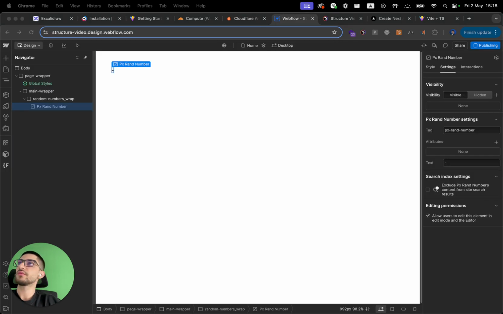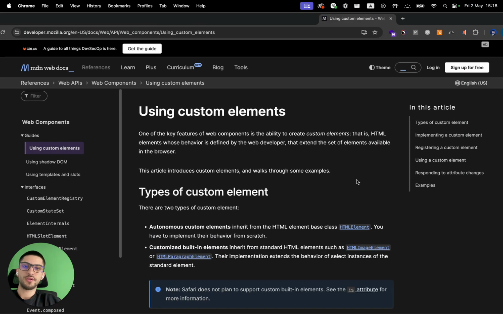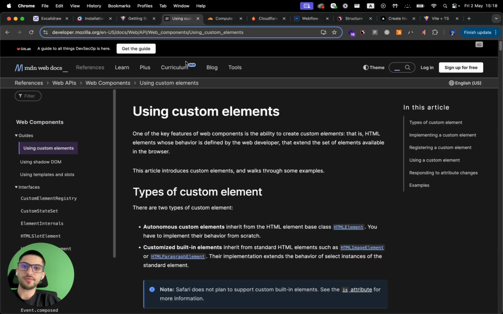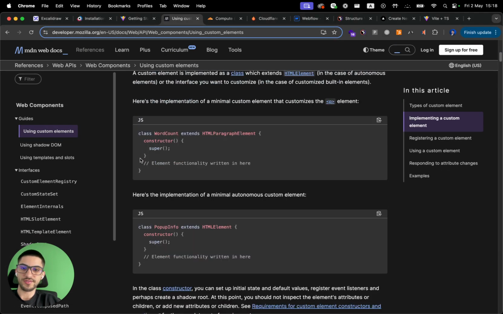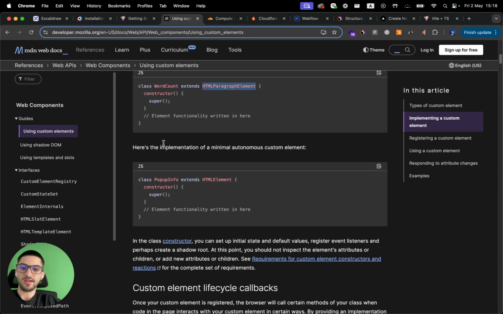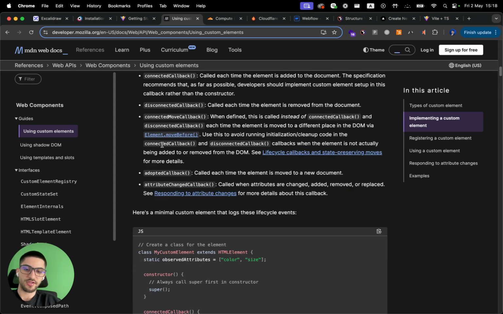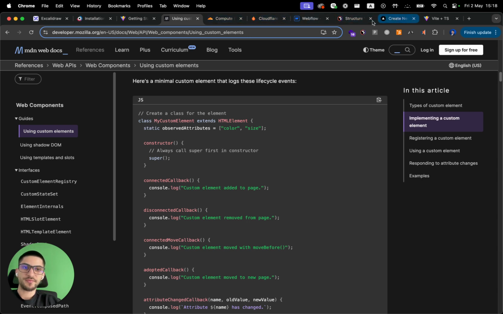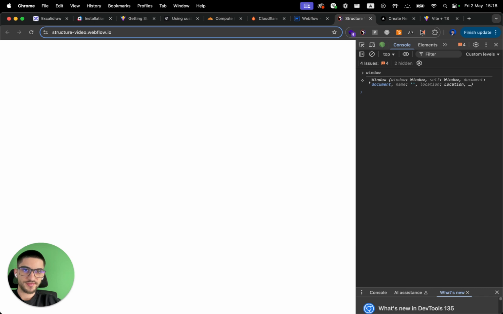And if you look at the documentation, custom elements, in JavaScript, you can use these custom elements. You can basically do a class and you can extend another default HTML element and use its properties and do whatever you want. So the advantage to using this is that